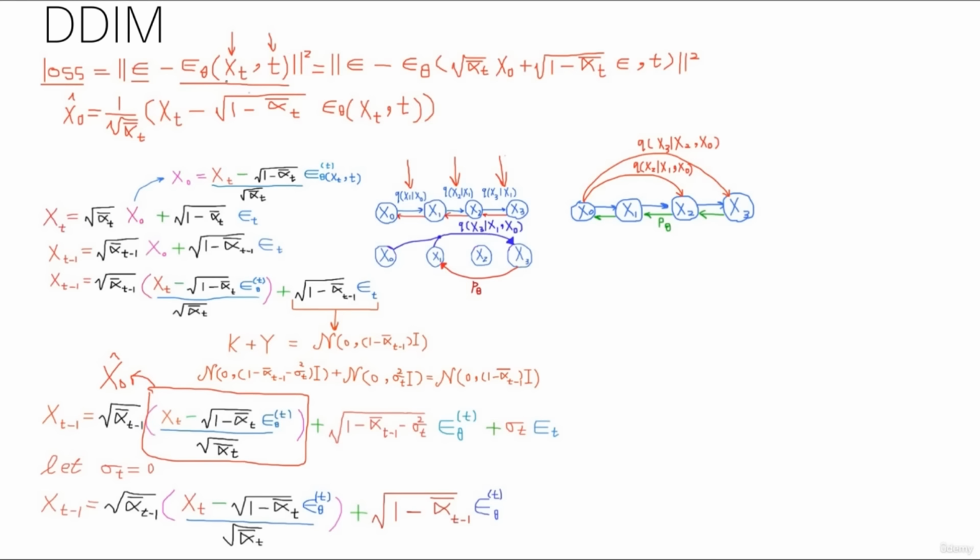And based on the reparameterization trick, we can say that xt is just the square root of alpha bar t times x0 plus the square root of 1 minus alpha bar t times epsilon, which is just a noise from the standard Gaussian distribution. And here we will also pass the current time step. Okay. So now we have xt and we have